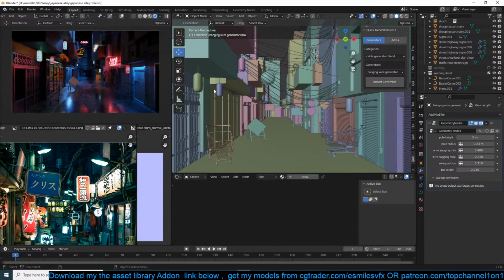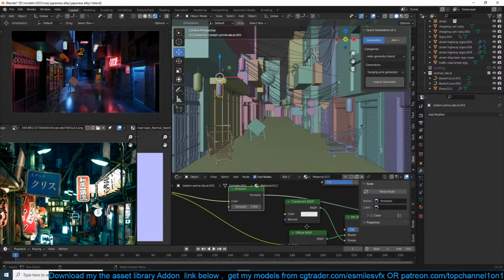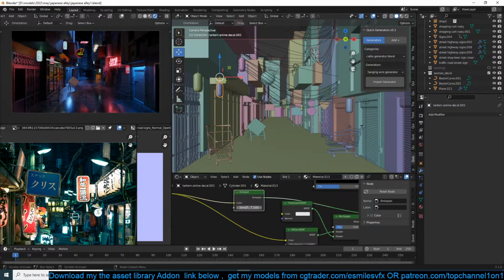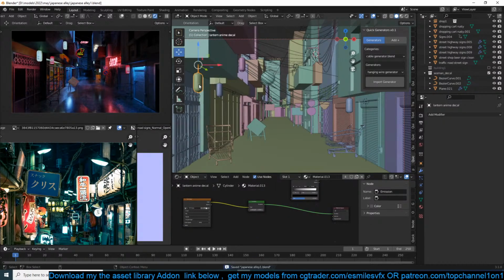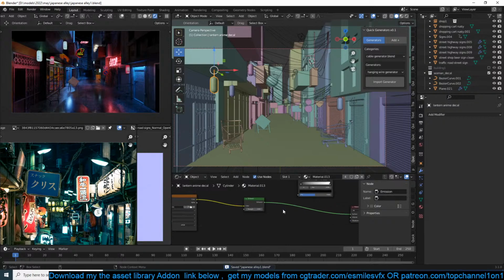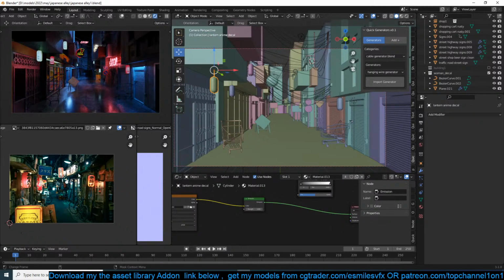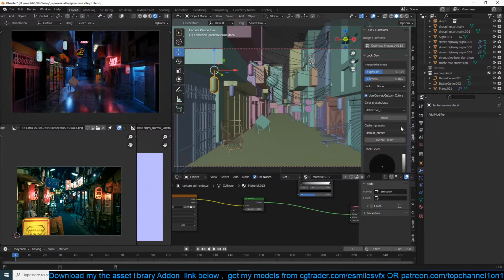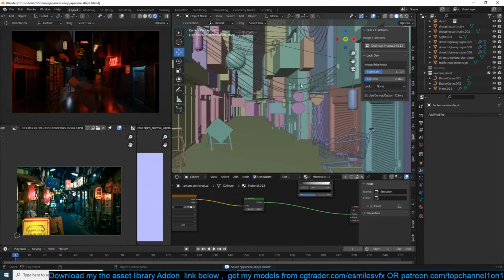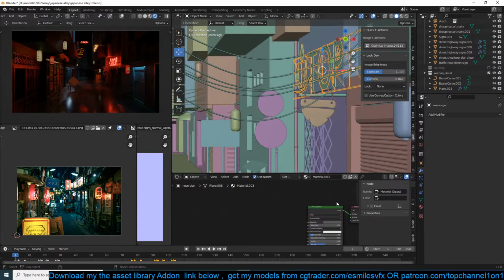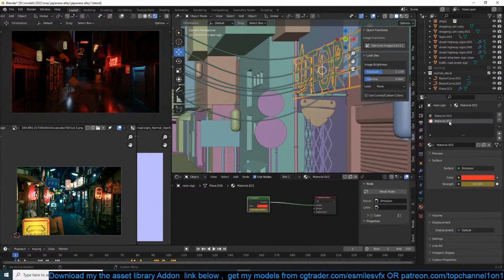Okay, I need to change just a few things here. Let me see. There is, I think, way too much red.